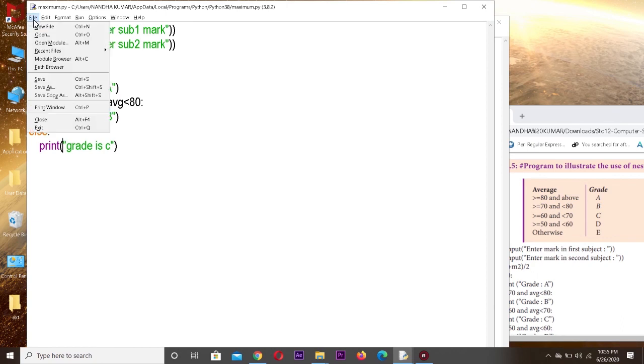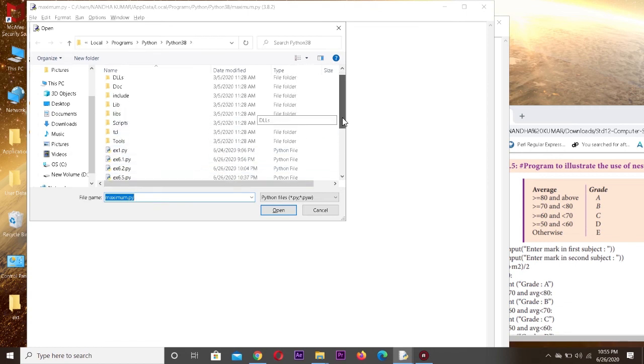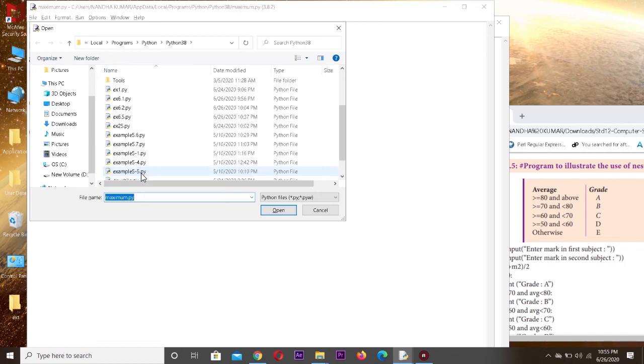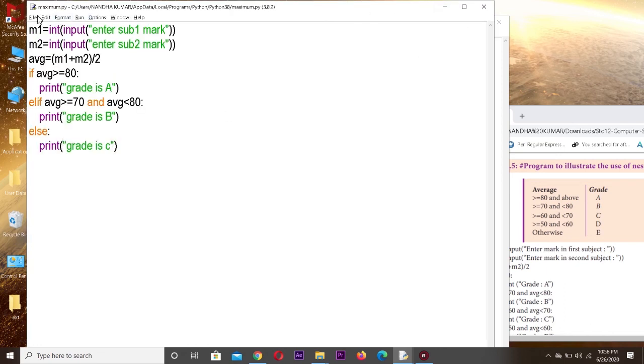Okay. So now I have stored the file. Let us see the file. Satisfying all the conditions, right? I have written all the conditions.